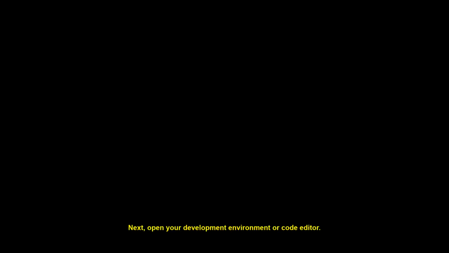Next, open your development environment or code editor. In your project, install any required libraries for making HTTP requests. For Python, you might want to use libraries like requests or HTTPX. Now, begin by importing the necessary libraries in your code. Set up the endpoint URL for the OpenAI Assistants API. The base URL typically looks like this: